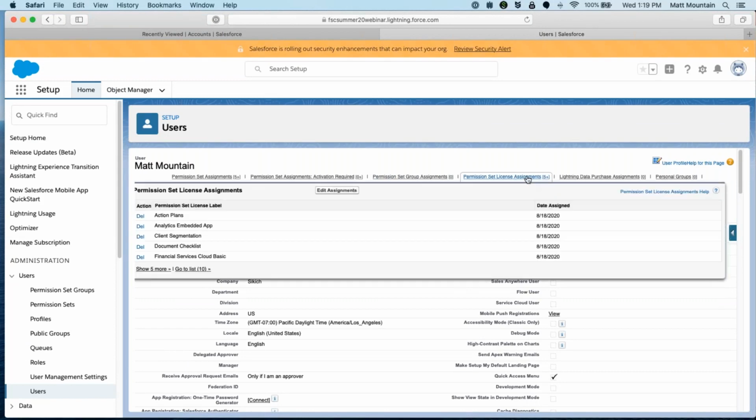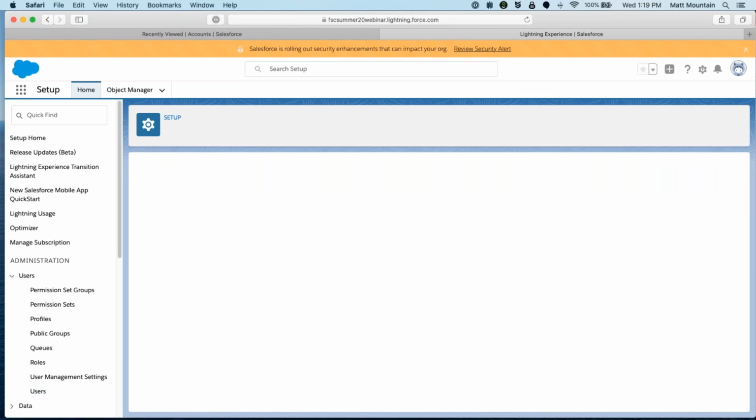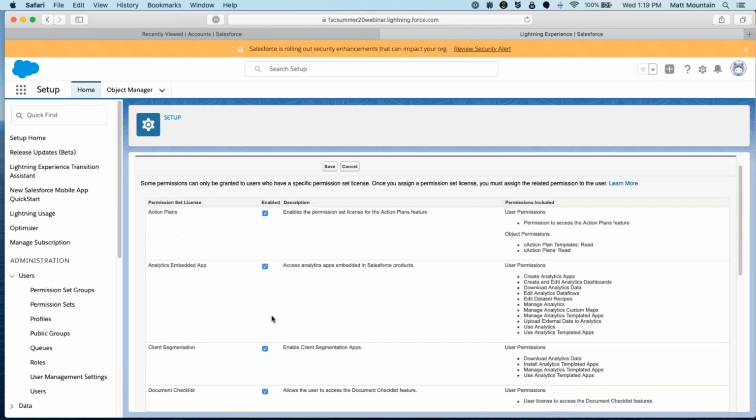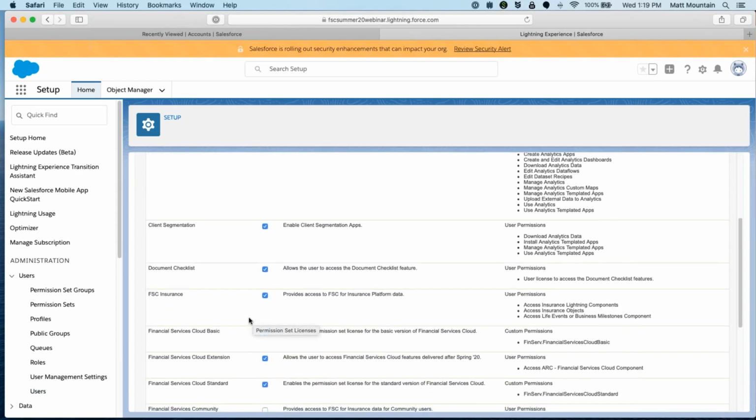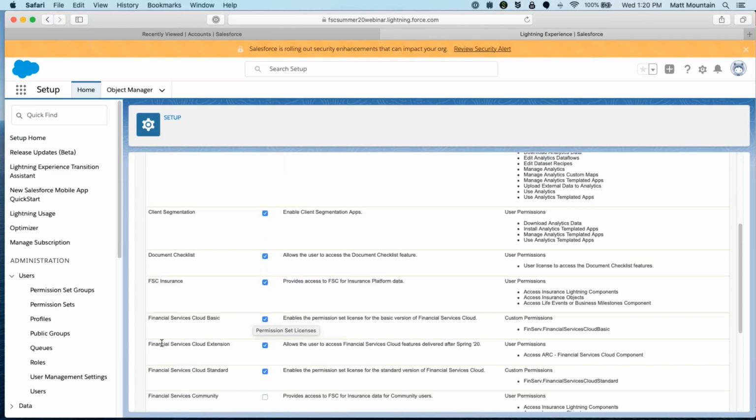There's a permission set license assignment. So I'm going to edit that. And as you scroll down here, there is the Financial Services Cloud extension. And you can see here that it provides the user permission of the ARC. So what you need to do is go in and check that, and then add the ARC